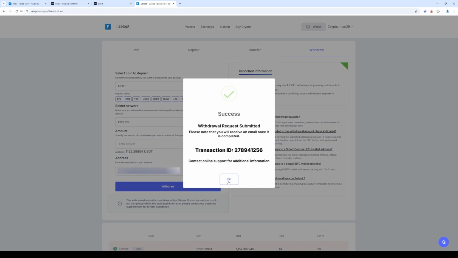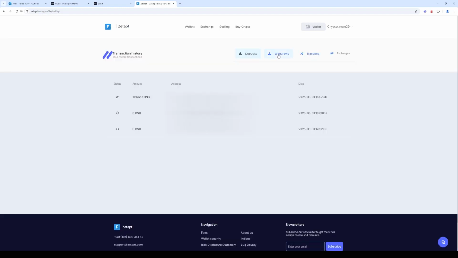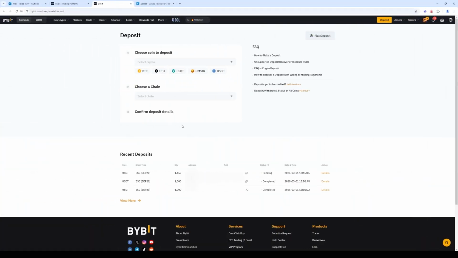The funds are sent to the Bybit. Let's go to the transaction history and withdrawal history. As you can see, the funds have been sent. Now let's go back to Bybit and now go to the transaction history section. The funds were successfully credited to our balance, and at the same time, the net profit was $150, which is